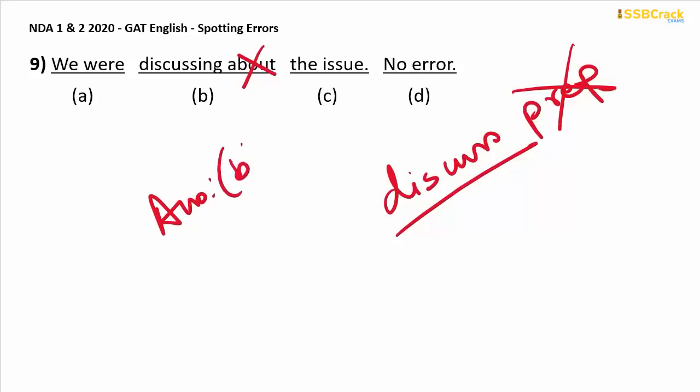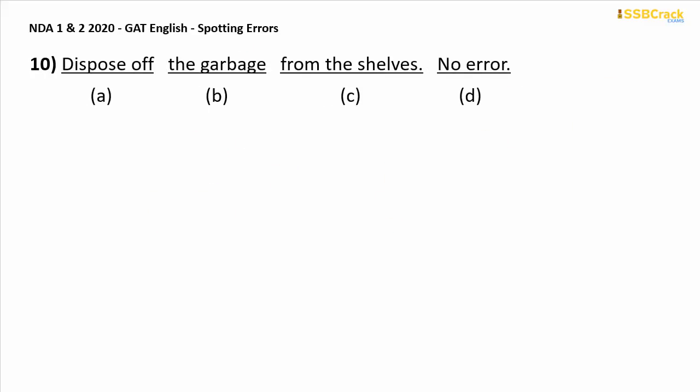Therefore your answer is option B, because part B of the sentence is having the grammatical error. Okay, these are very crucial, very small grammatical errors that you need to look forward to, right? Now we come to the next and the last question for NDA 1 and 2 2020 English spotting of errors